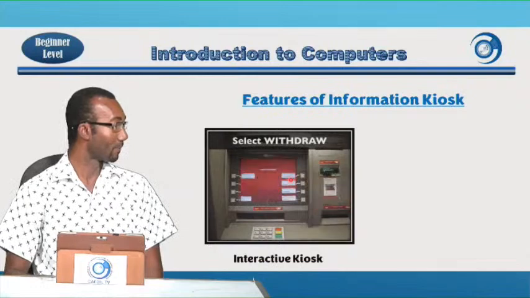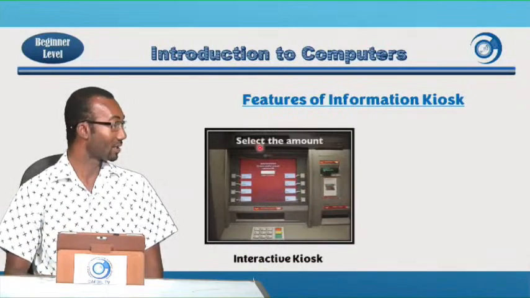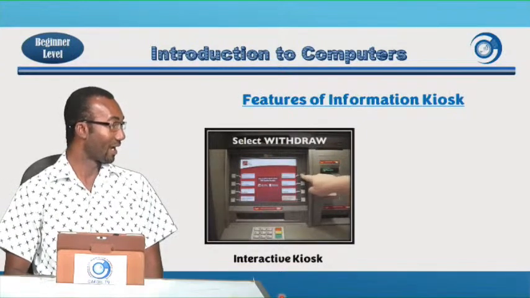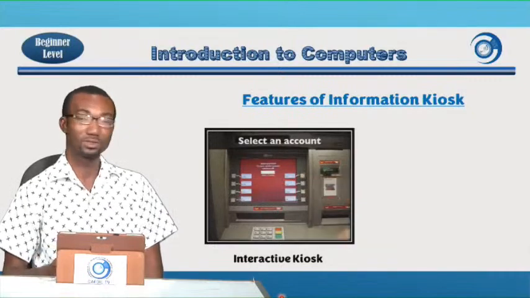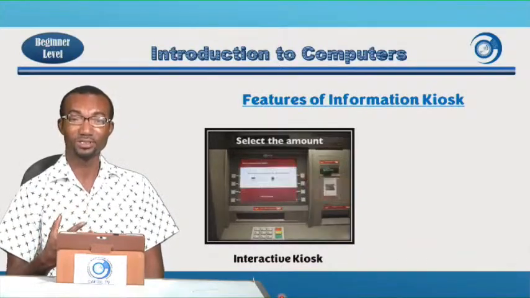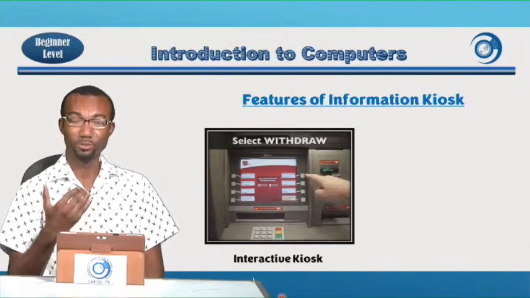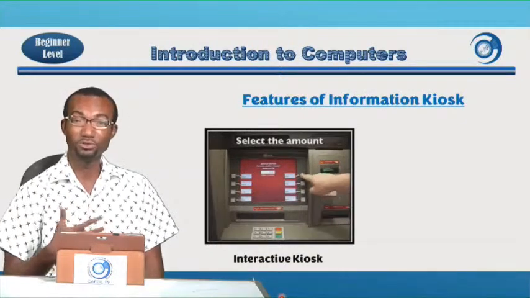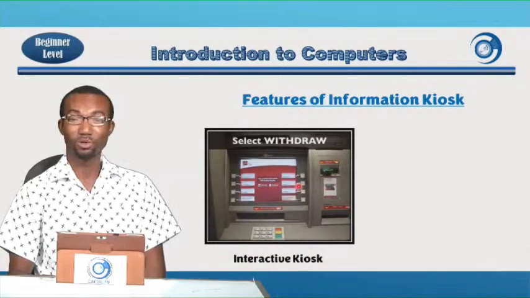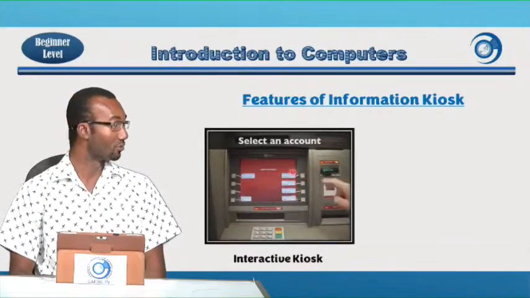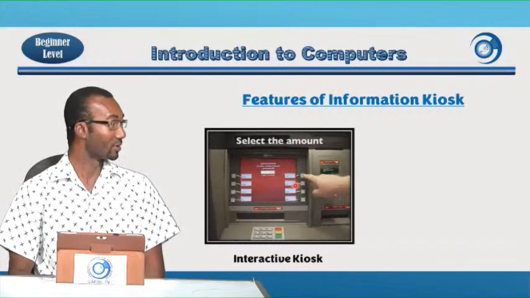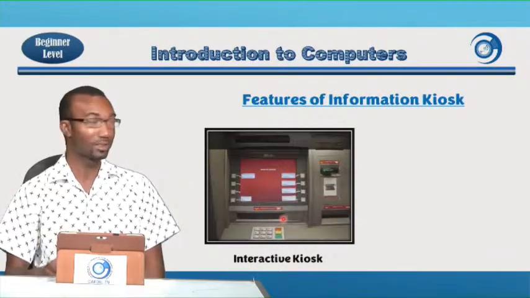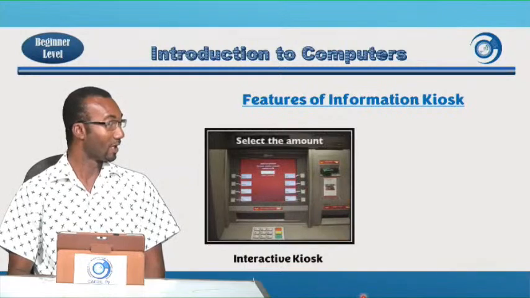This is an ATM, and when we talk about interactivity, it will ask you to select an amount. You select an amount, enter your PIN, and then you see the hand entering the PIN. Select withdraw. This is what we mean by interactivity. There is a request and you perform the demands of that request, and then by so doing you'll be able to get whatever you want the machine to do for you. But when we talk about